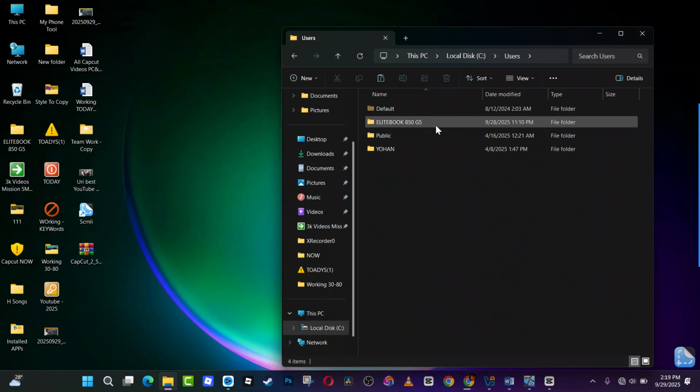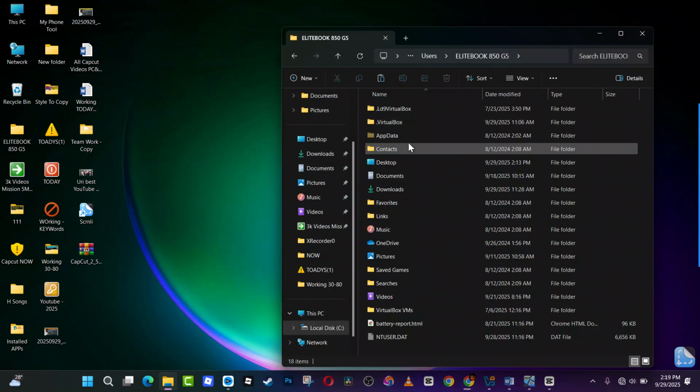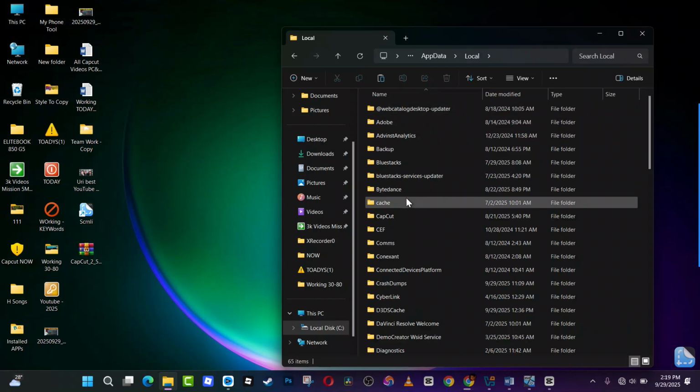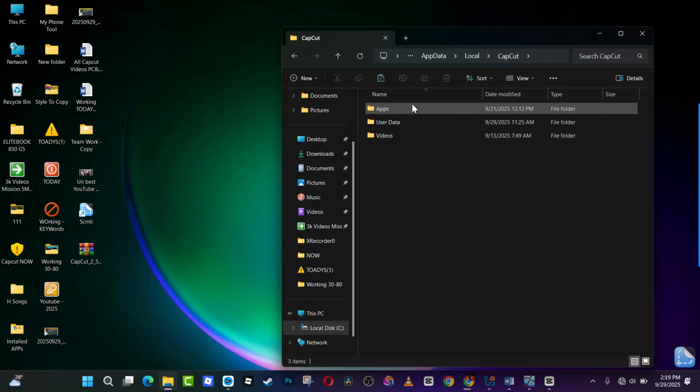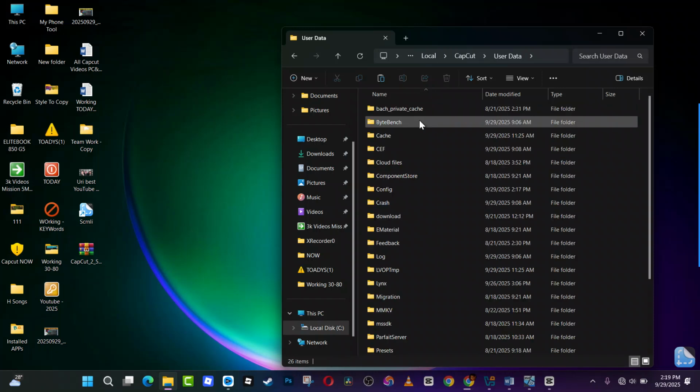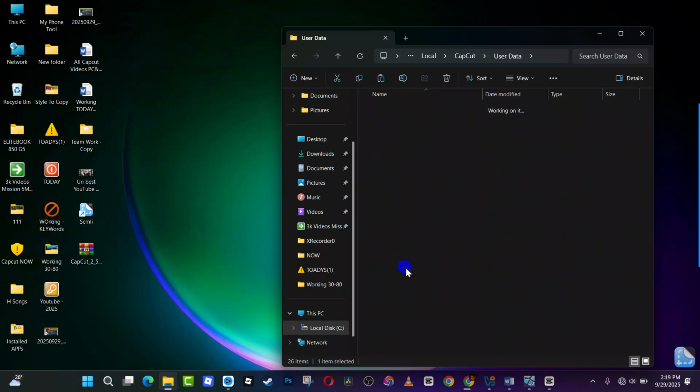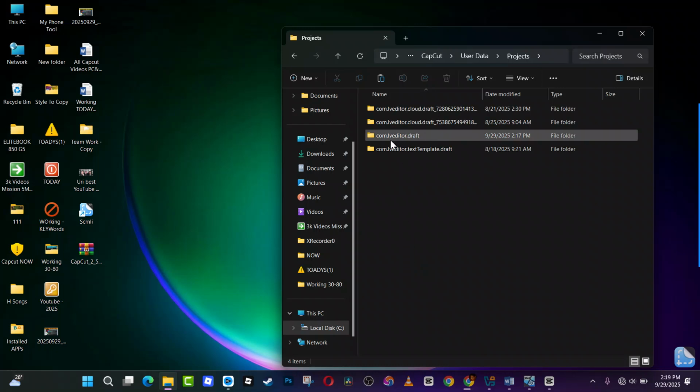After that, open the user, then go to this app data, go to local, scroll down, go to CapCut. So go to user data again and then open project folder. Go ahead and find the project. Here it is. So go to this where it says